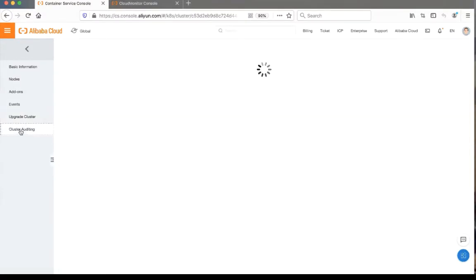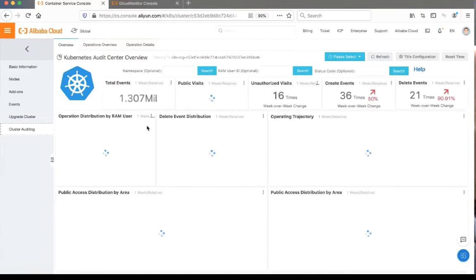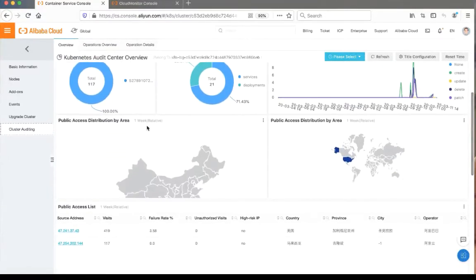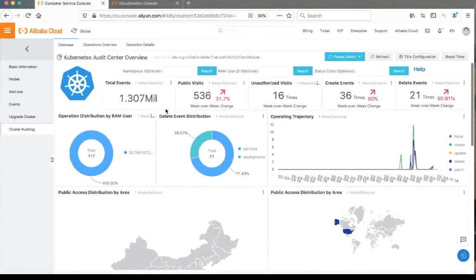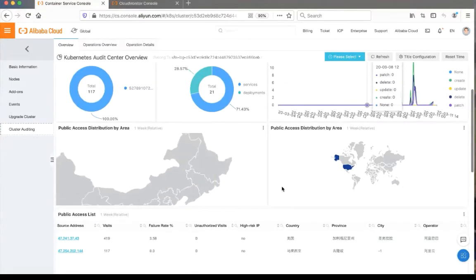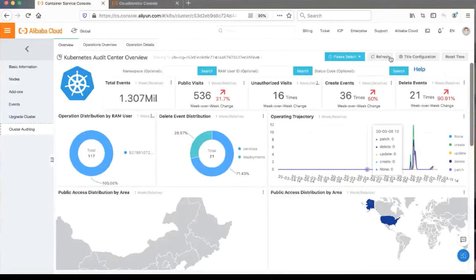Here, the cluster auditing. This one is my personal favorite, because when you click the cluster auditing, this is a totally, automatically generated dashboard for you. I don't think you can have this kind of feature from any open source solution because this is combined with our Alibaba Cloud Log Service. You have so many detailed dashboards to show the different factors and parameters or some of the status of your whole